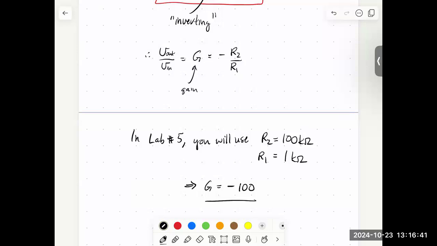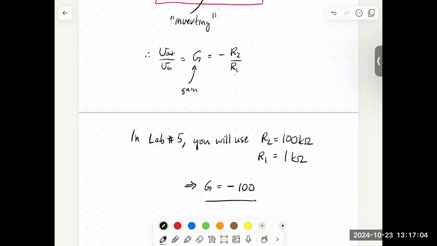Okay, that leads us to another, who remembers, what was one of the limitations of the op-amp? What was the biggest possible output that we could get? If we power our op-amp with plus minus 15 volts, what's the most output we could get? Yeah, it's about plus or minus 14. So it's slightly under what you're powering.